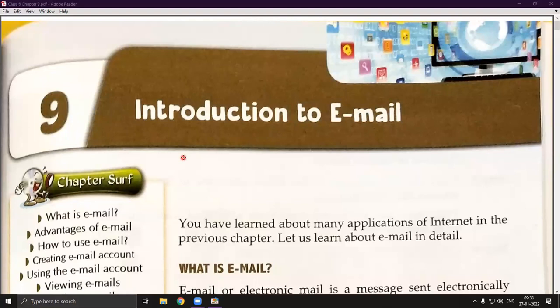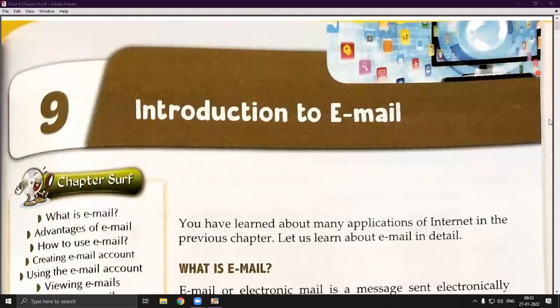This is a very interesting chapter, because we are using email very frequently, and I hope that you are aware of what email is. And yes, I know that you all are using Gmail accounts also. So once again, I am telling you the same thing which I have told you in the offline classes also. Gmail and email are two different things. Email is a concept, but Gmail is a software which is using the email facility. The two things are not similar in all manner, but Gmail is using the email concept.